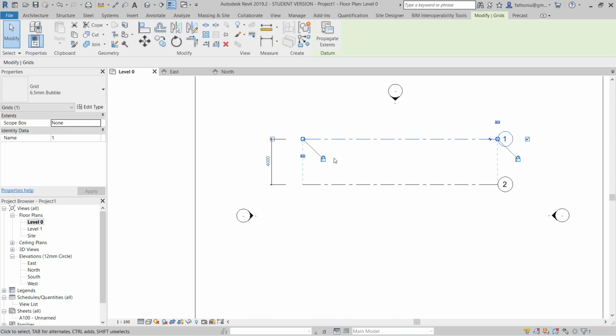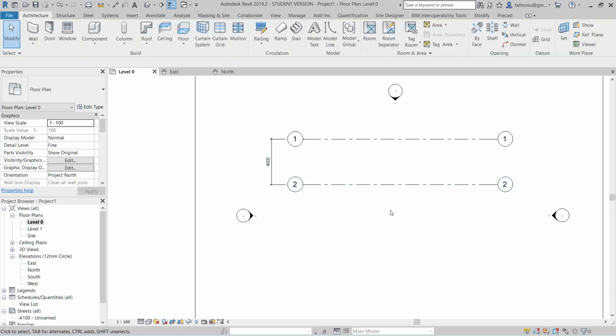And then you can also place the numbering of the grid line on the left side as well by clicking or selecting this. So here, click this one, so the bubble will appear as well on the left side. Okay,